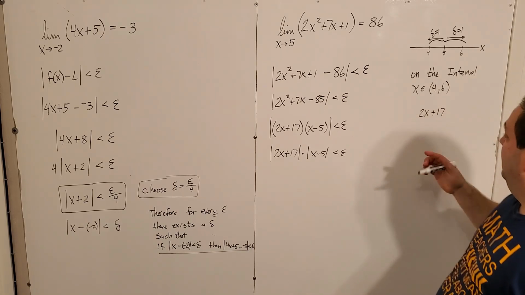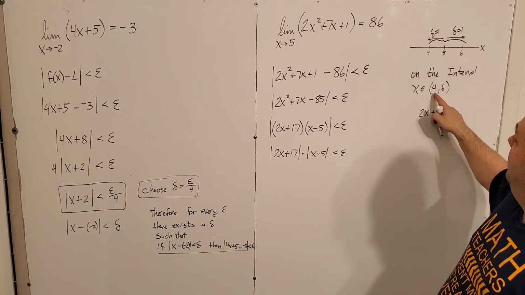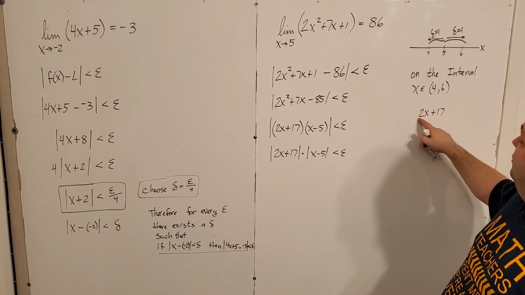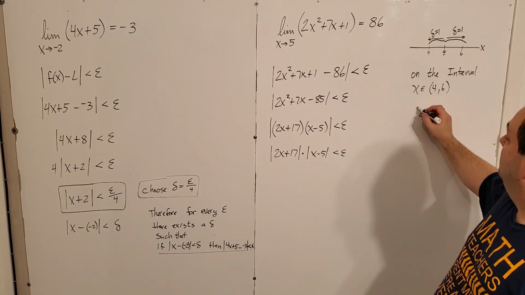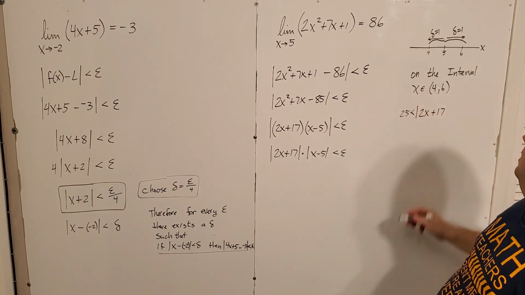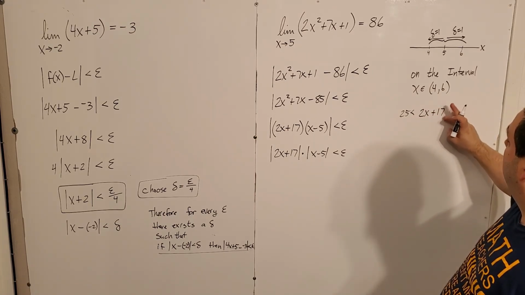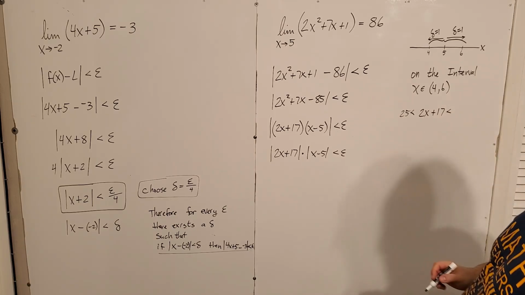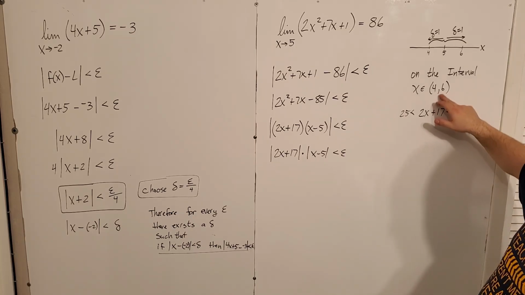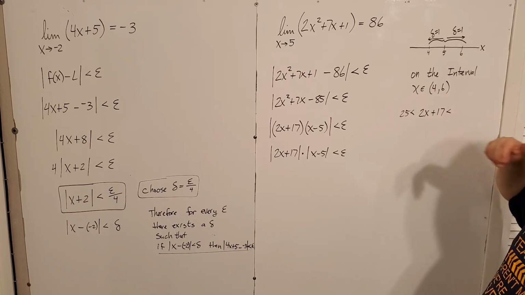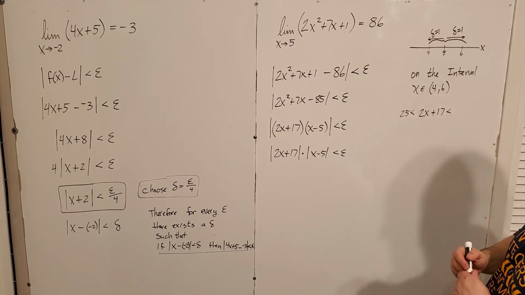plus 17, if I plug in 4 and I plug in 6 on here, I want you to notice that when I plug in 4, right, 2 times 4 is 8, plus 17 is 25, okay? And I don't even need the absolute value here, look. And right here, if I plug in 6, okay, then 2 times 6 is 12, plus 17 is 29,